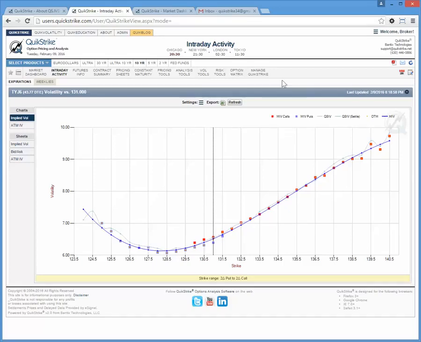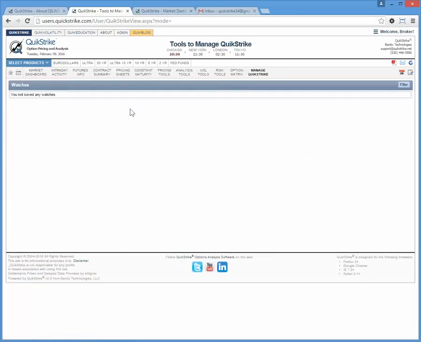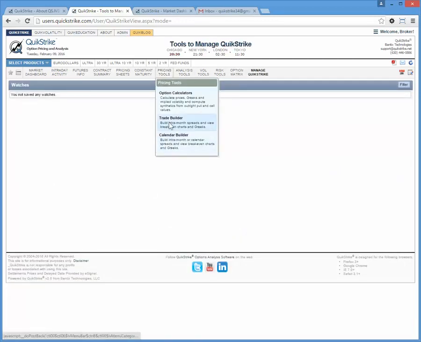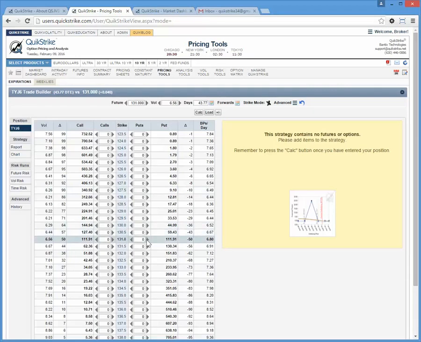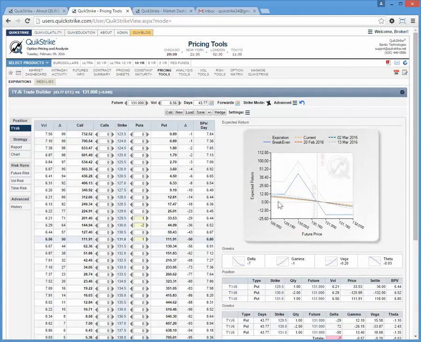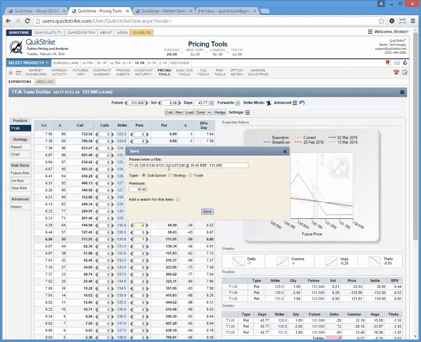Let's see. The next one, you're going to have to use your imagination with me. So we have a watch list over here. Well, let's do a quick example. So let's build a trade. I'm going to build a quick trade here. I'm just going to do a broken butterfly. Okay. I'm going to hit calc. I'm going to see my butterfly over here. I like it. I'm going to save it. I'm going to call this broken fly,